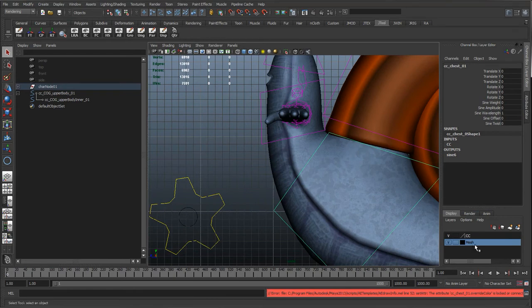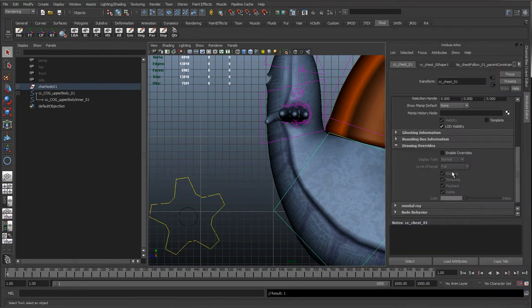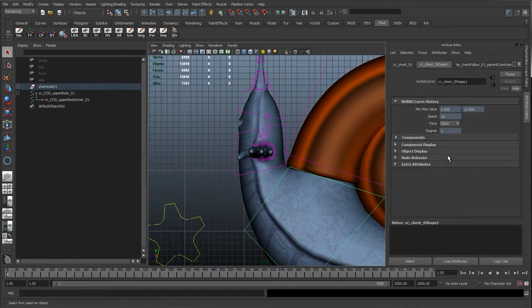If we remember, it might not work whilst we've got it in this layer here, so I'm just going to remove it from selected layer, remove selected object, and that way we're not going to have any issues about changing the override of this. And I'm going to switch this to red, because again in this rig red is the upper body controls.